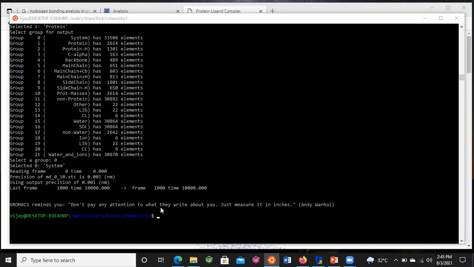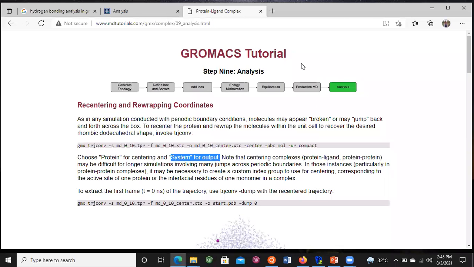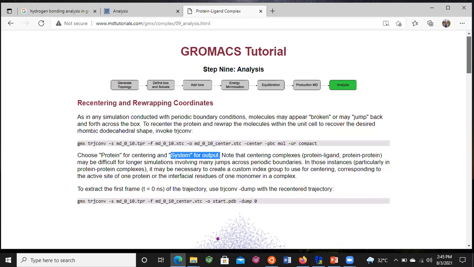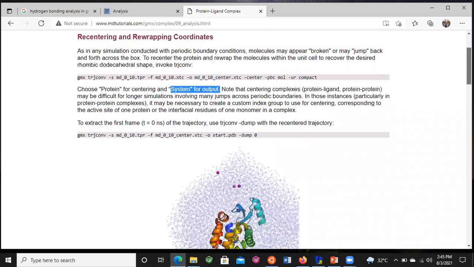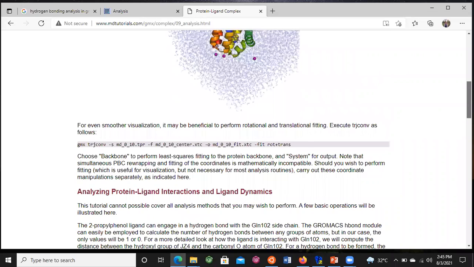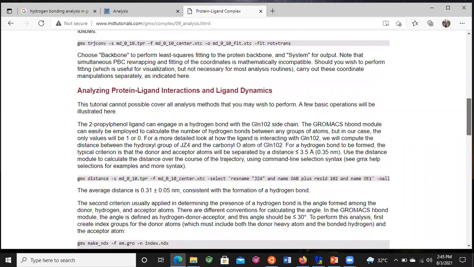Finally, this process completed. Now we have to go for the analysis, and in analysis we can perform several types of analysis, like if we want to calculate the RMSD value, RMSF, root mean square deviation, root mean square fluctuation, radius of gyration, and hydrogen bonds. These four parameters are very important for a protein ligand system. However, in case of energy, we have to run another script, and we can calculate the protein ligand interaction.